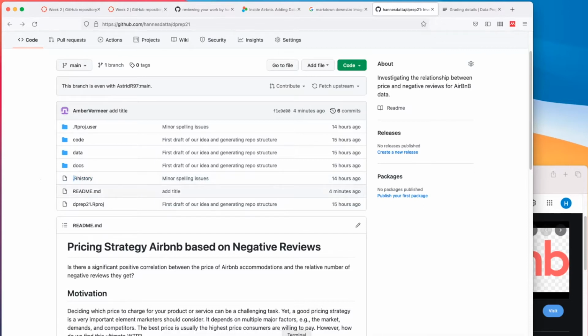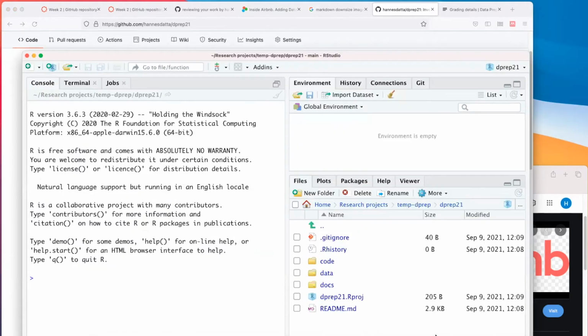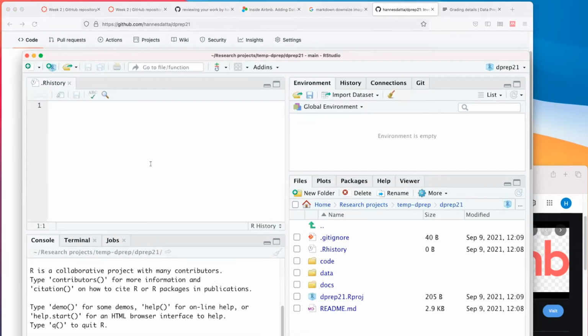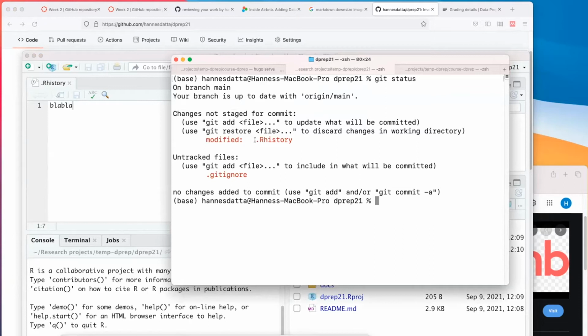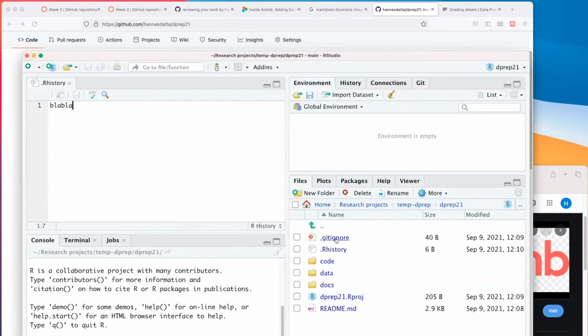And one way in which we can exclude these files is, well, first of all, let me open it and just pretend we edited some changes, right? I go to terminal, do git status. Now you see that the Rhistory has changed. What I can do instead is open the .gitignore file in your repository. So you've created it actually, and excluded the Rhistory from tracking. Well, you did that. You already specified this. I'll explain it to you differently.